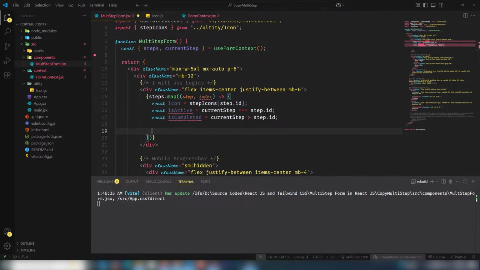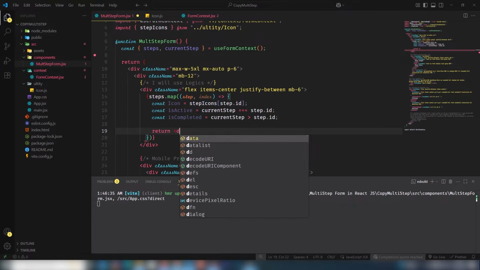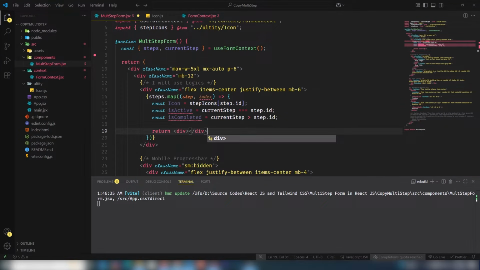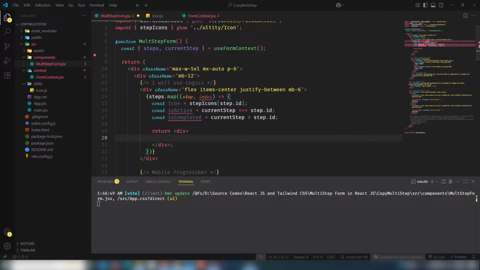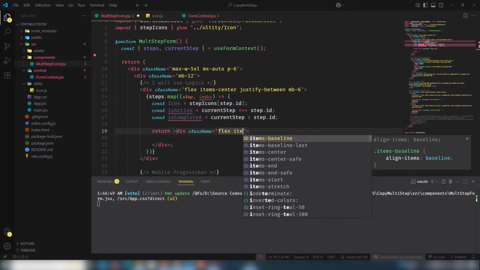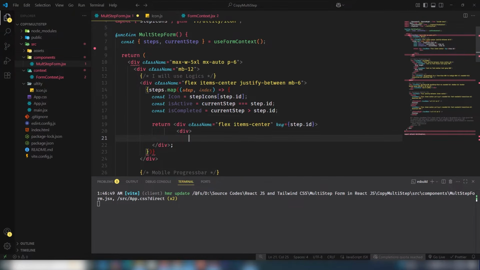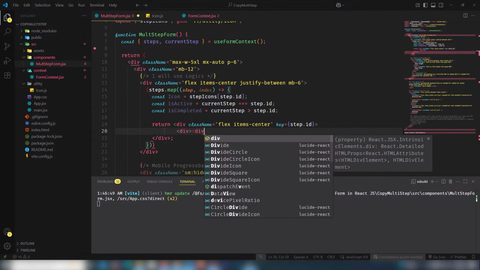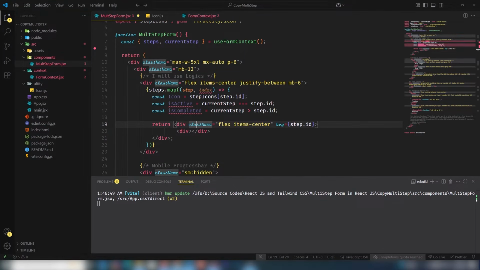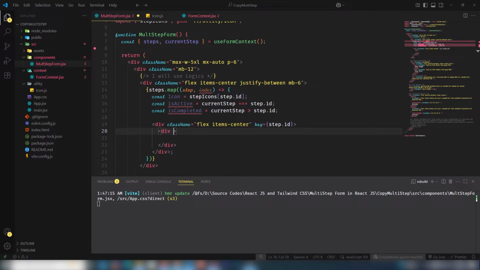Give me a sec. Okay, I need to use return, and the data will be appearing in the web page. So the first step, flex item should be center, and the key I will use is step.id. I'm getting a problem with the closing, so give me a second. I will leave the return keyword and I will add it later after assigning the classes, guys. So let's design the